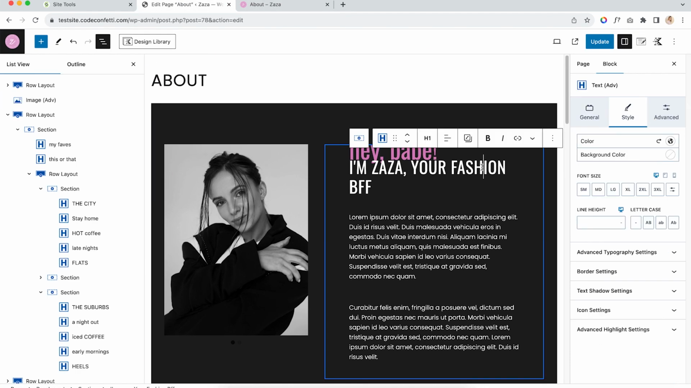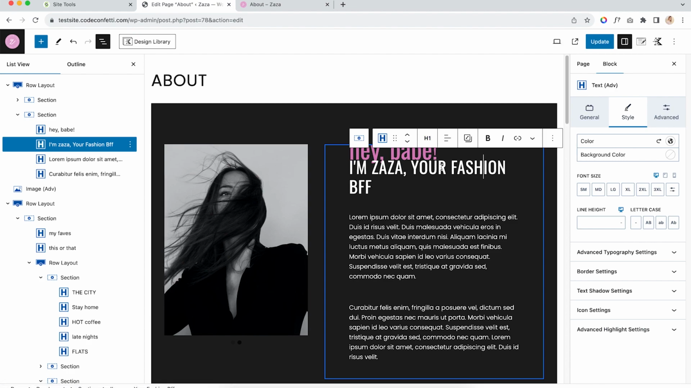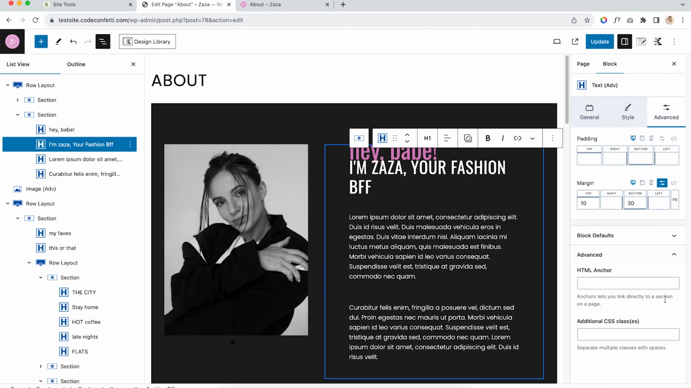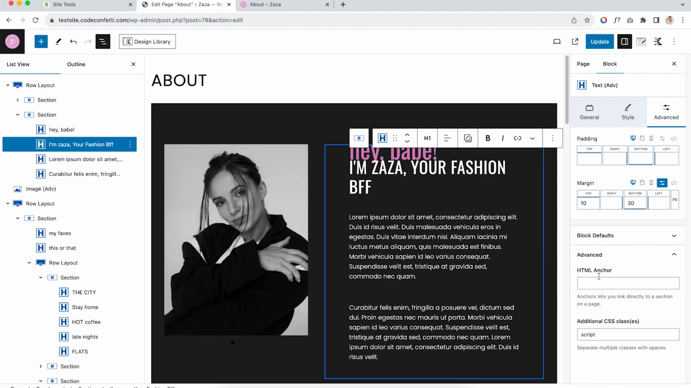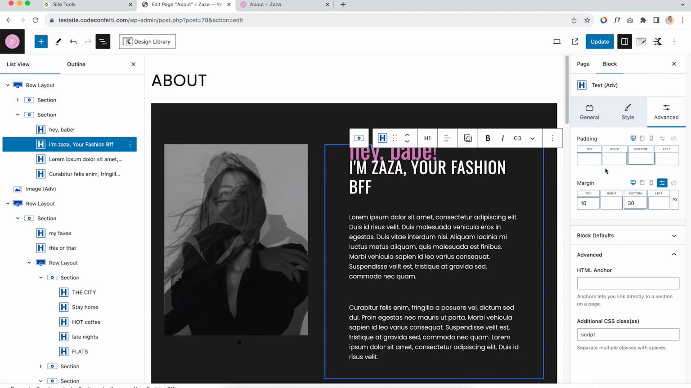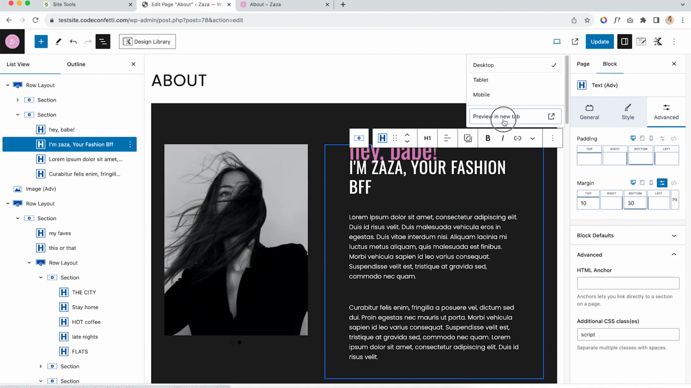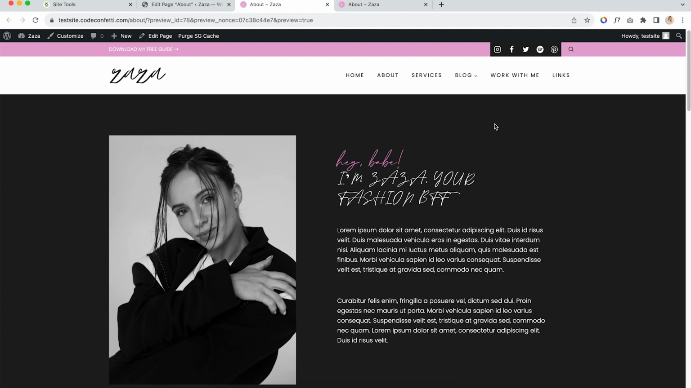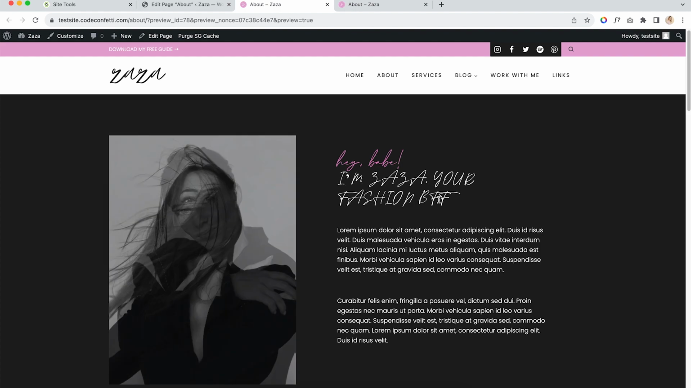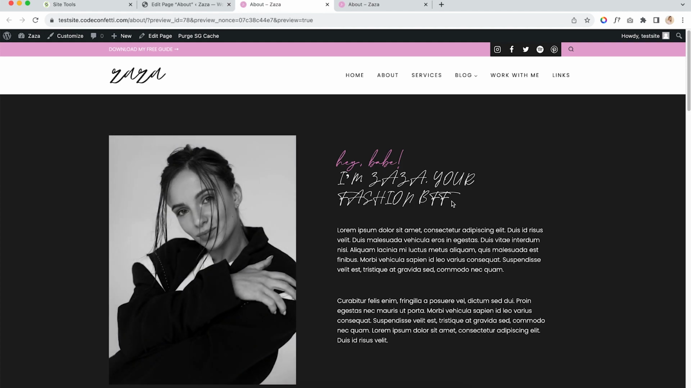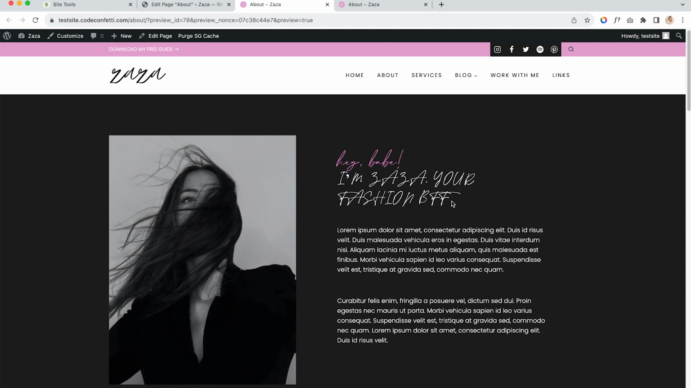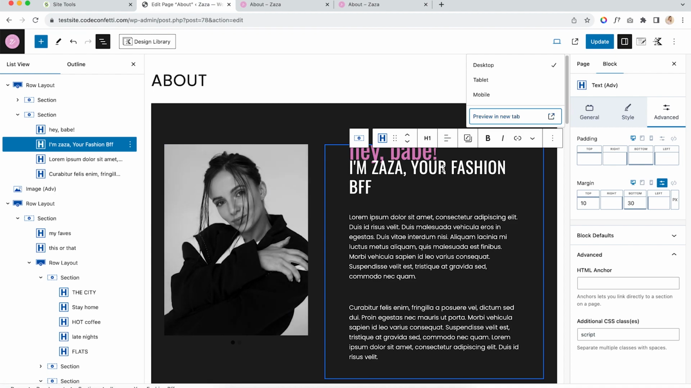All you have to do is go up here to this. This is our H1. And we're going to go to the Advanced tab, and we're just going to type in script here. And you're not going to see anything happen because it will occur on the front end. But if we go to preview in a new tab, you can see that this has changed into our script font. It doesn't actually look good in all caps that way, but you can edit this text with the block